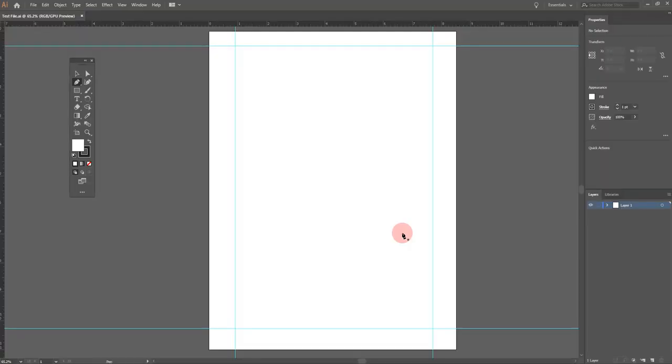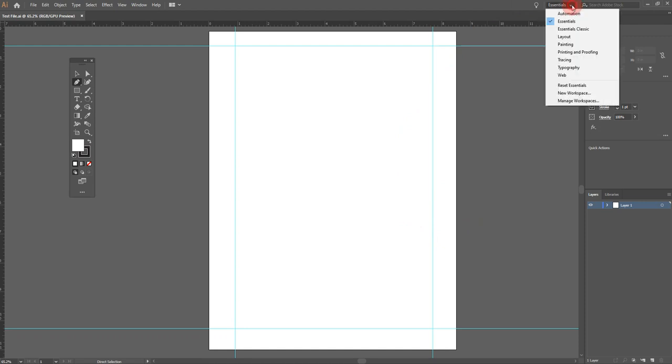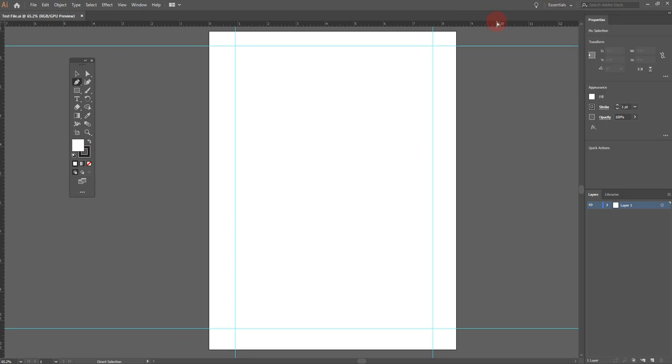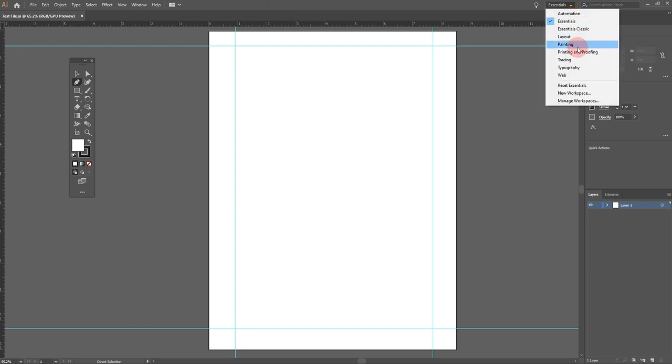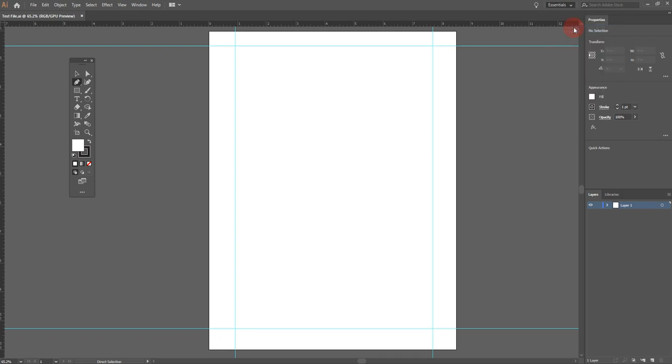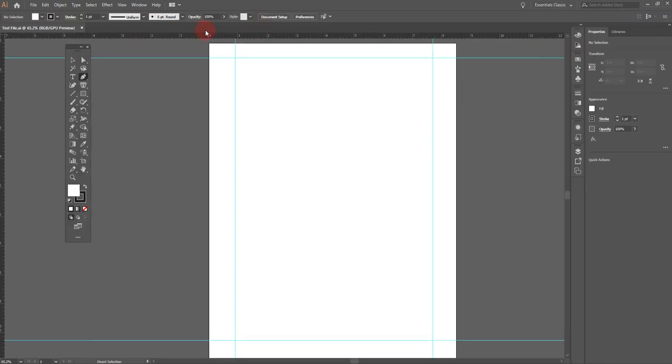And one thing I would like to do, and I believe in the last video I had asked you to set your essentials, or they already came up that way. But what I would like to do is go to the classic essentials. So you can see right here, and what I want you to pay attention to is this area up here. When I reset this for classic, you're going to see something happen here. So I'm going to click on Essential Classics, and you'll notice I have